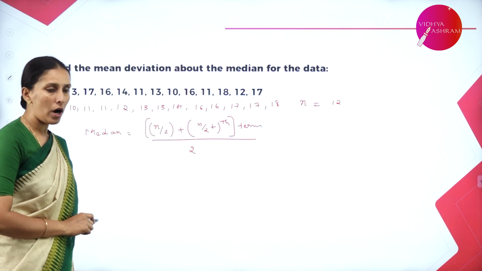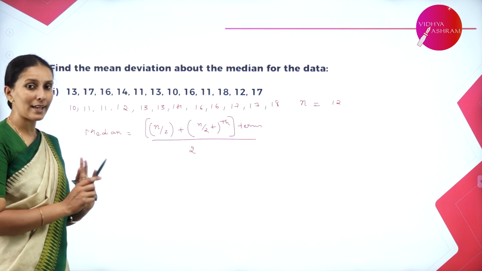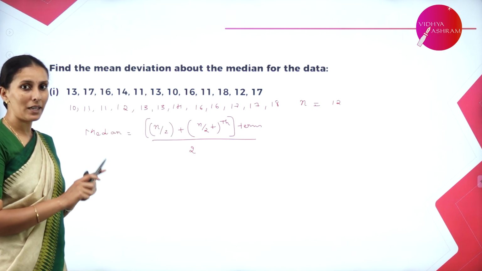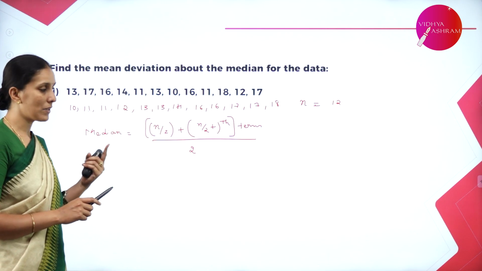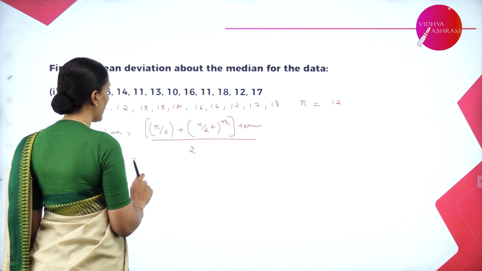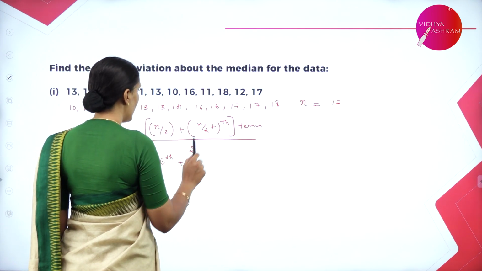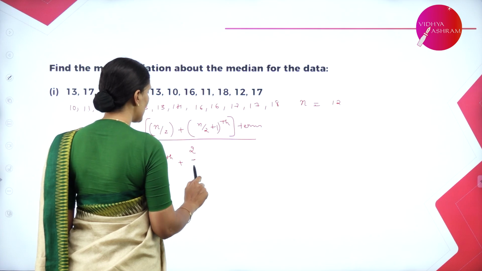If it is odd, then the formula we can directly use as n by 2th observation. But since it is even, it has to be the mean of n by 2 plus n by 2 plus 1th term. So when I say n by 2 here, 12 by 2 is 6th term. And 6 plus 1th term means it is 7th term